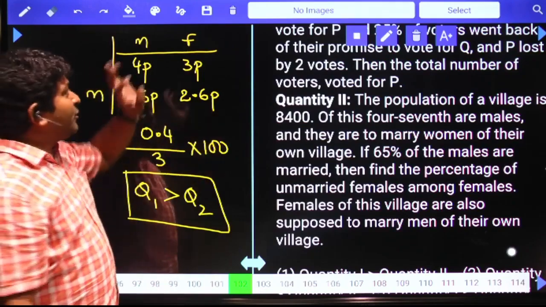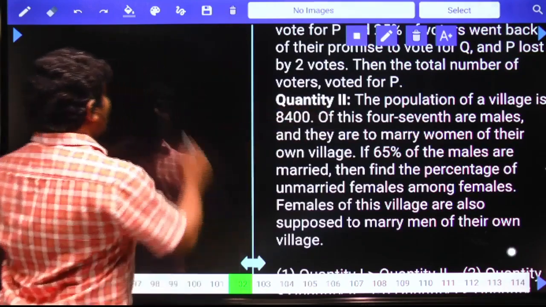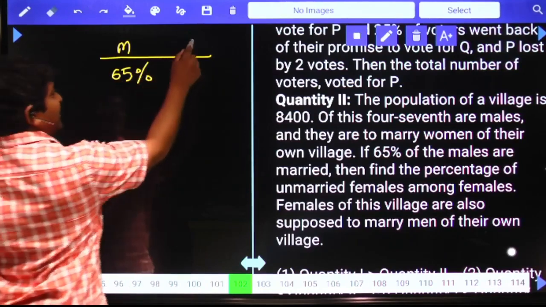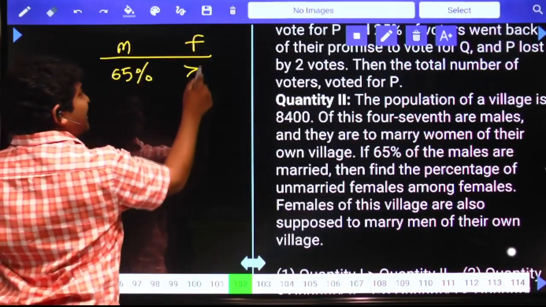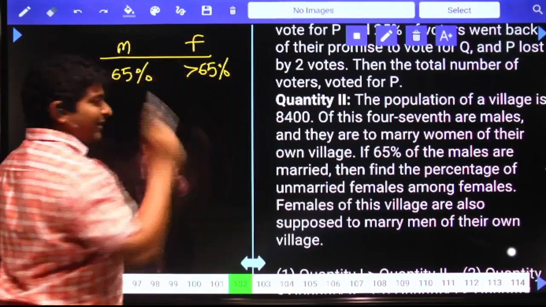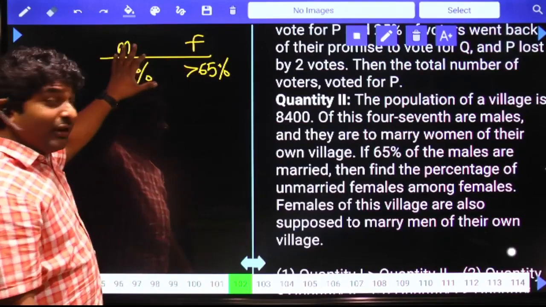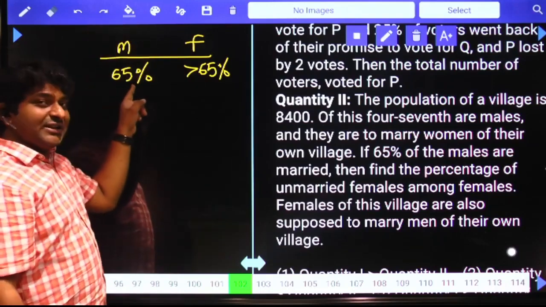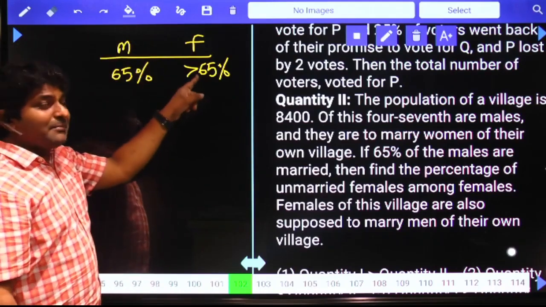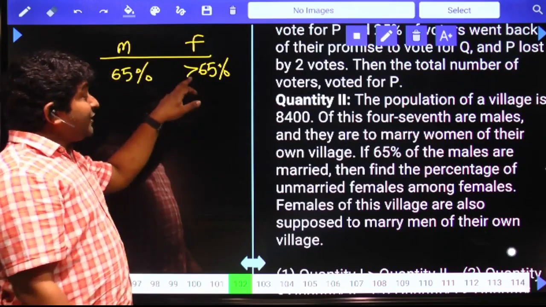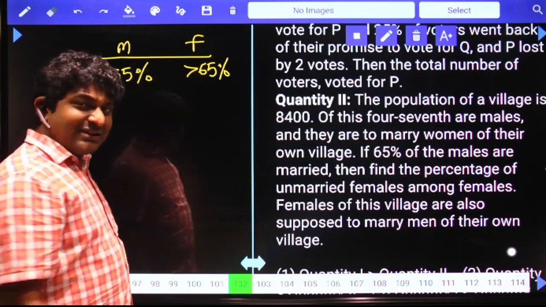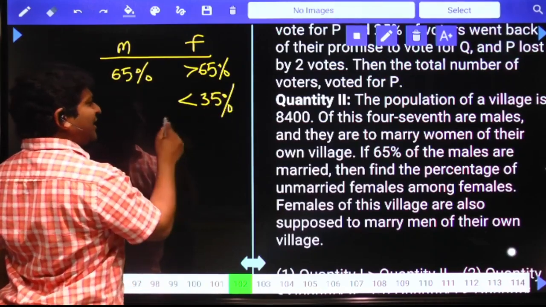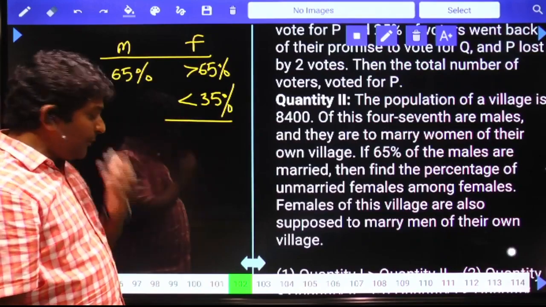Right. So to be frank, you don't have to answer this question. Out of male, if married people are 65%, out of female, more than 65% will be married. ఎందుకంటే మేల్ కి ఫీమేల్ లో ఎవరు ఎక్కువ ఉన్నారు? మేల్ ఎక్కువ ఉన్నారు. మేల్ ఎక్కువ ఉన్నప్పుడు ఎక్కువ ఉన్న నంబర్ మీద 65% అంటే సేమ్ నంబరు తక్కువ ఉన్న నంబర్ మీద అంతకంటే ఎక్కువ పర్సెంటేజ్ అవుతుంది. సో డెఫినెట్ గా మ్యారీడ్ ఫీమేల్ ఆర్ మోర్ దెన్ 65%, అన్మ్యారీడ్ ఫీమేల్ ఆర్ డెఫినెట్లీ లెస్ దెన్ 35%. అసలు ఏమీ రాయకుండా డైరెక్ట్ గానే కంక్లూడ్ చేయొచ్చు మీరు. ఐ హోప్ యూ అండర్స్టాండ్ దిస్ లాజిక్.